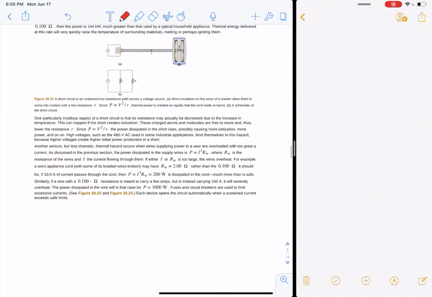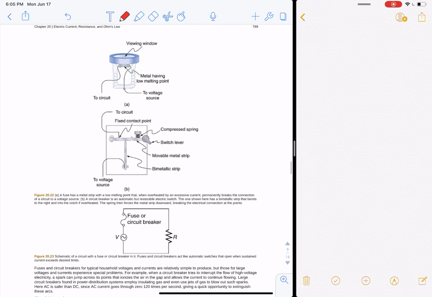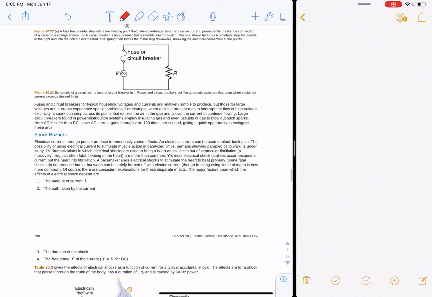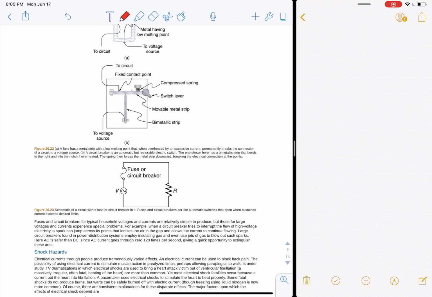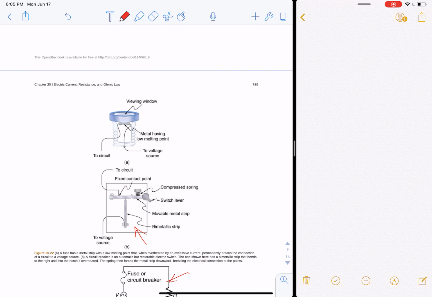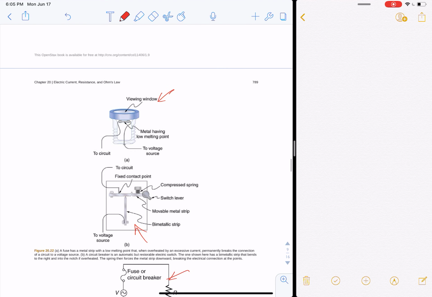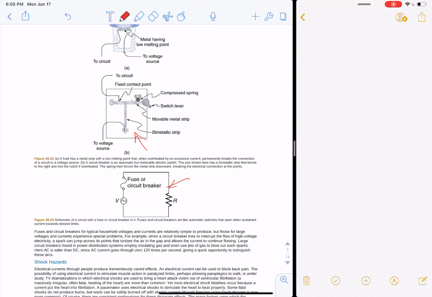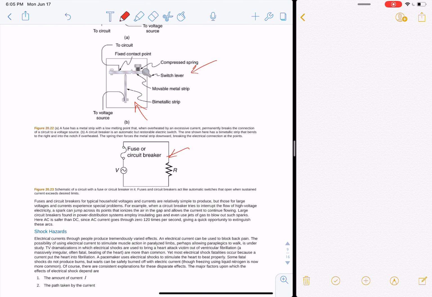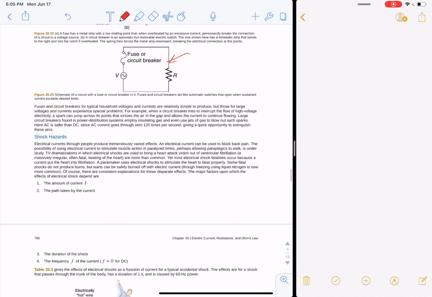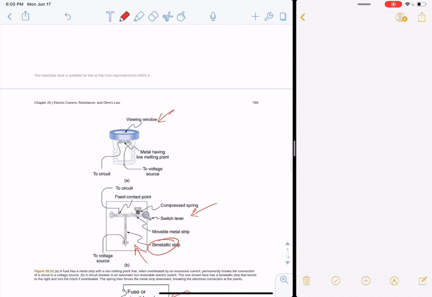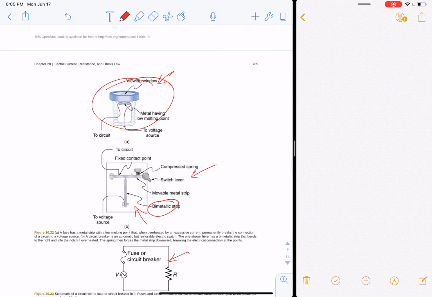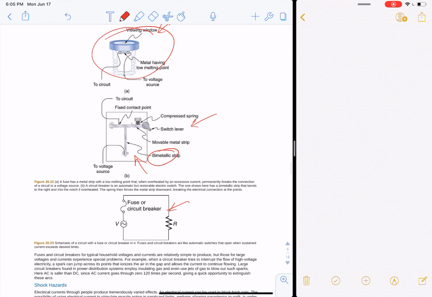All right, so let's go through here. So these are talking about protections and different things, like circuit breakers, or a fuse box. Most people have a circuit breaker with the bimetallic strip here in their houses, and only in old houses do you see these old fuses, a fuse box that you have to screw your fuses